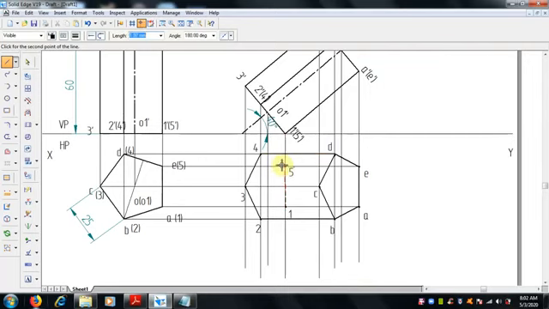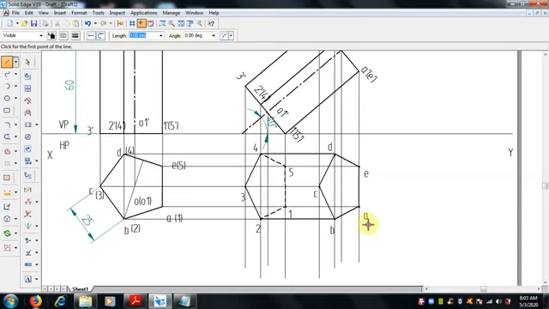So 1 and 5 is hidden, and 1 and 2, 1 and 5, 4 and 1 2 is also a hidden edge. So we have to draw this with hidden line. Okay, so this is the top view.